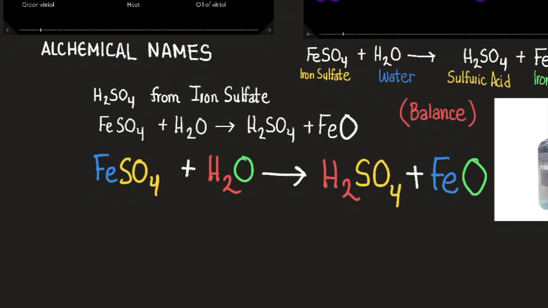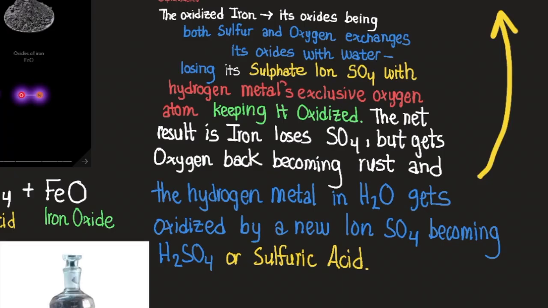It's basically just molecules trading their pre-existing bonds and forming new types of energy levels that are stable from their perspective. In case you needed a summary, the oxidized iron, its oxides being both sulfur and oxygen, exchanges its oxide with water, losing its sulfate ion SO4 for hydrogen metal's exclusive oxygen atom, keeping it oxidized. The net result is iron loses SO4 but gets oxygen back, becoming rust, and the hydrogen metal in H2O gets